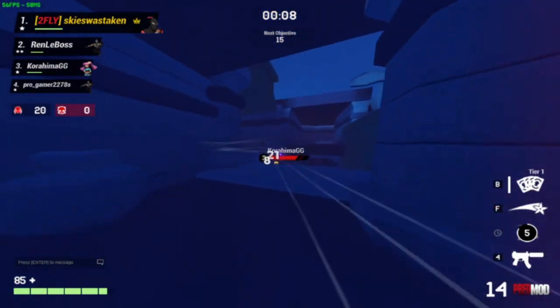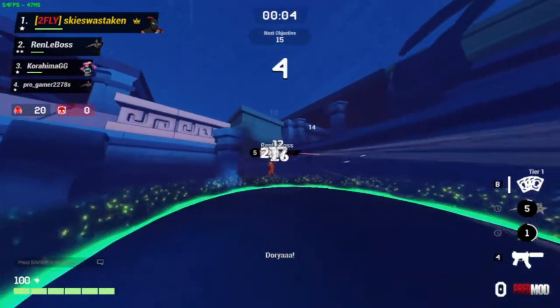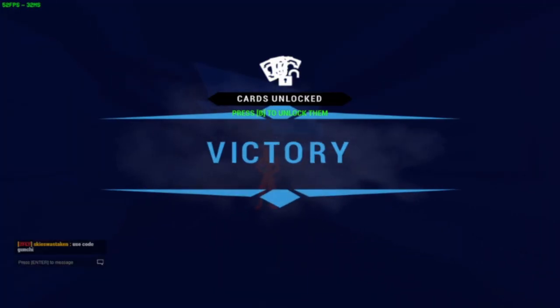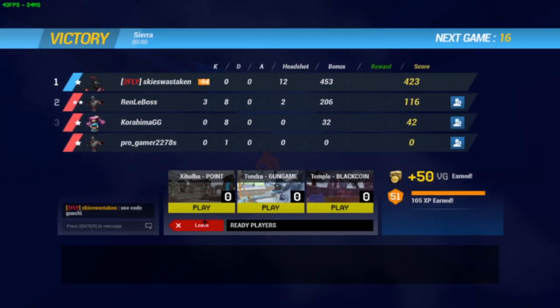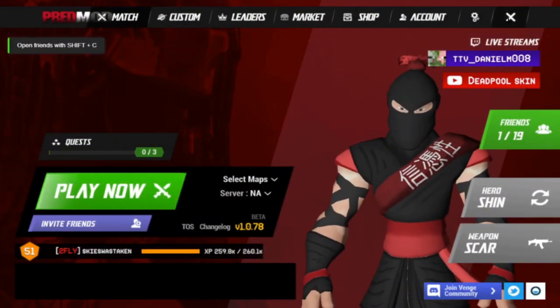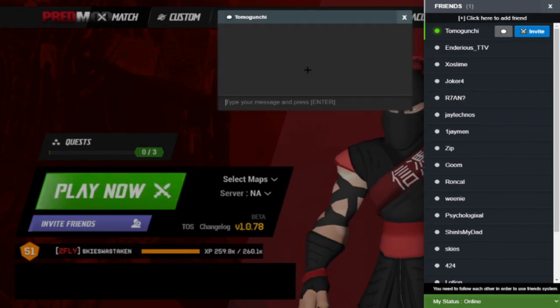We're going to rotate right back up here. Going to kill this guy, or at least get them targeted. And, oh, okay, we're not going to kill him. Tech 9, you want to aim in. I know I didn't do that, but yeah, that's basically my take on how to get better at Venge. I'm not the best at explaining it, but